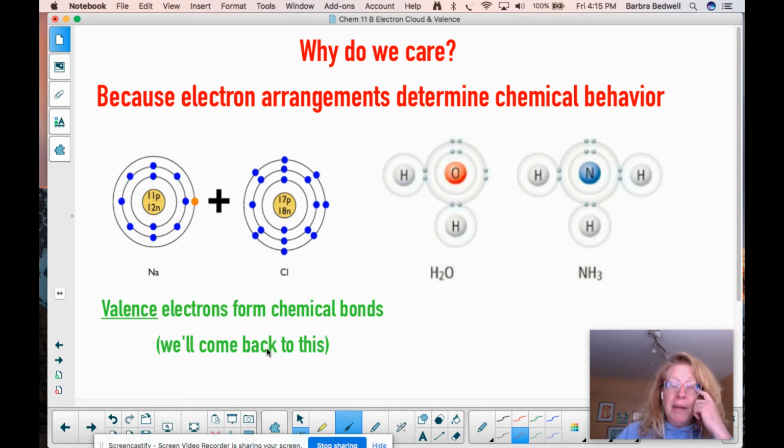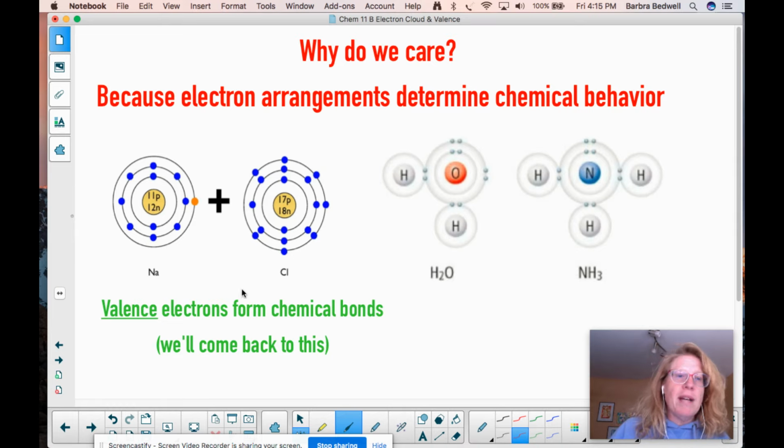Now, why do we care about this? Well, it turns out those valence shell electrons are really important to us. It's these outside energy levels, these outside electrons, that are really important in determining chemical bonds. We're going to come back and do a lot more with this, but I wanted to give you some context for why we are focused on all these electrons and why we are drawing all these dots. Because it's these dots, these valence electrons, the highest shell electrons, that magic number of up to 8, that is going to determine how things bond together.